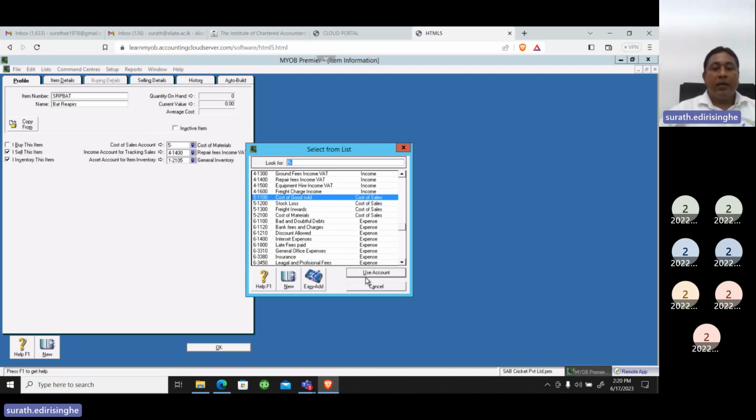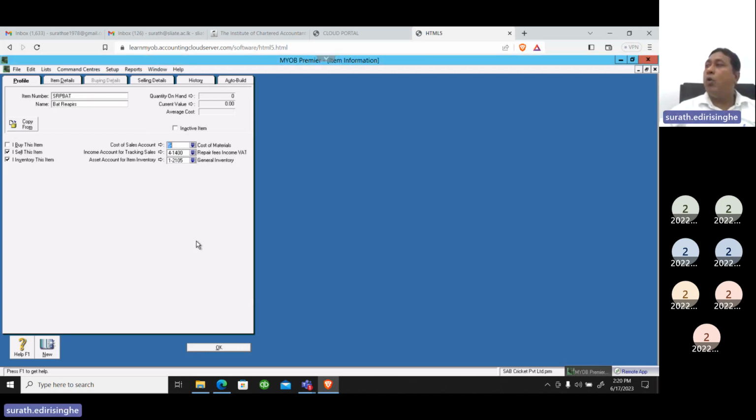Otherwise, you can remove all and keep only repair income in here. No maintained by the inventory item even. You think logically, is it correct accounting treatment? No records for the item if we are taken from our customers, our client. If I click on remove this one,